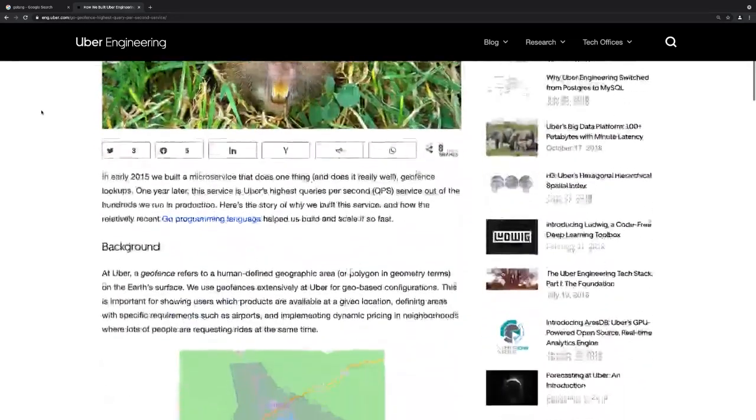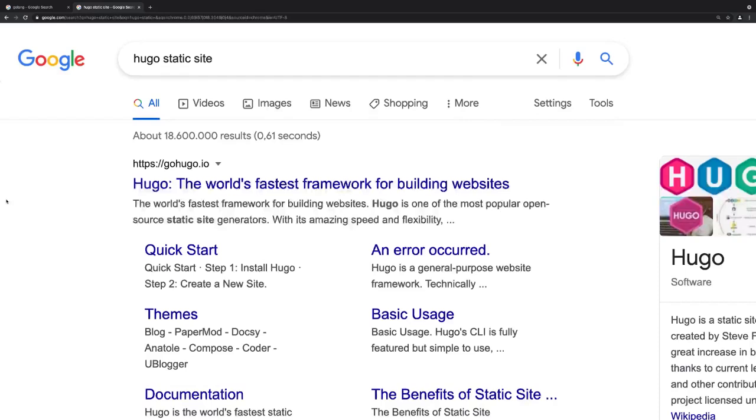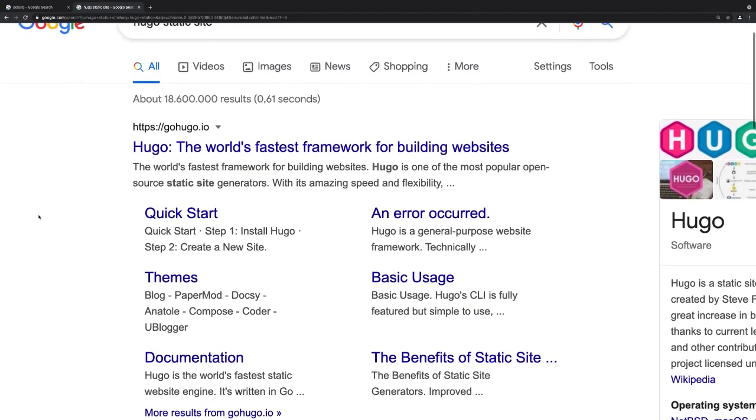They moved to Go to start building the backends for certain products they offer, or for certain features their products use, since they also determined that Go would be a good choice for them. And there are many other examples, of course, many other companies that are using Go, mostly for network services or backend web services. But another very popular example you might have heard about would be Hugo, a static site generator,